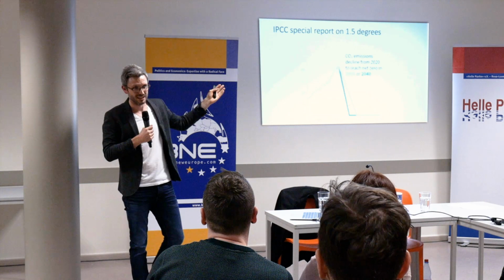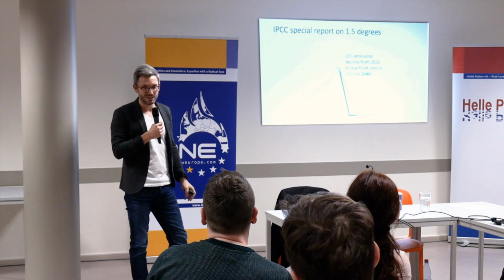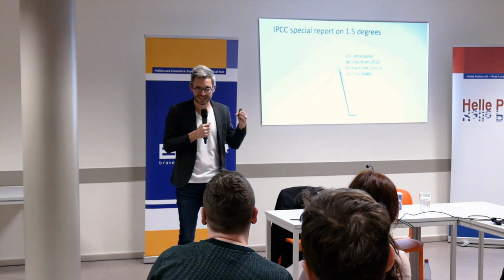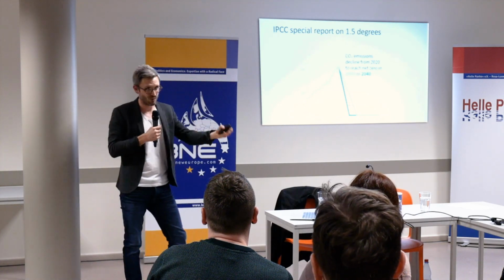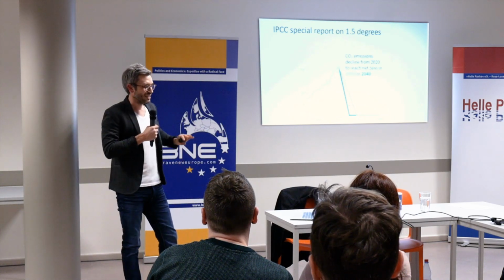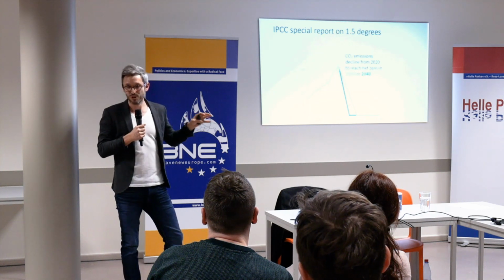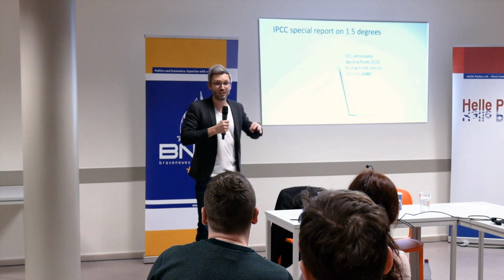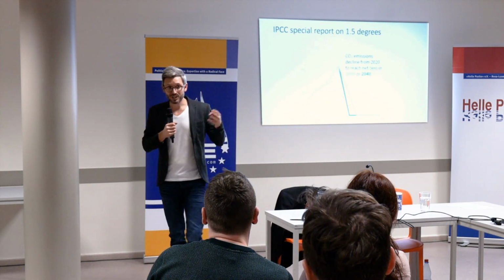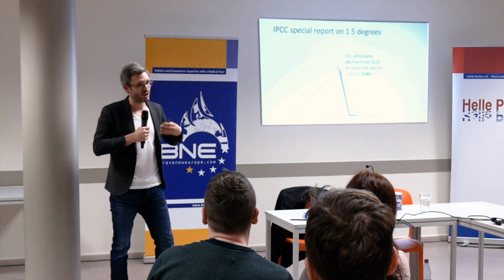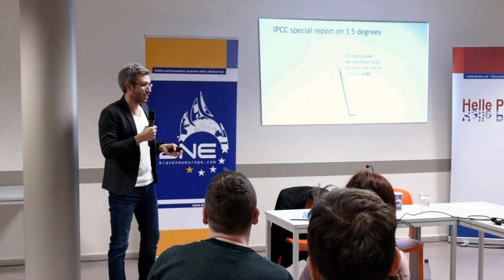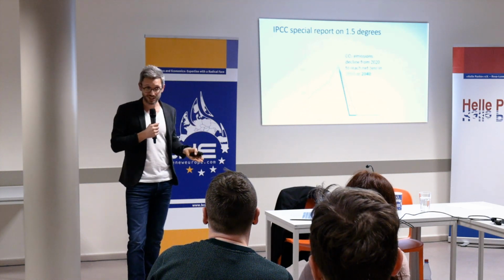This was published in the IPCC report that came out last year on 1.5 degrees. You know, the idea being we have to cut emissions in half by 2030 and reach net zero by 2050, okay? Now, that objective has actually been brutally misinterpreted because in fact, that's a global trajectory, but rich nations, which have contributed the vast majority of emissions historically, have to achieve a much more rapid transition, okay?